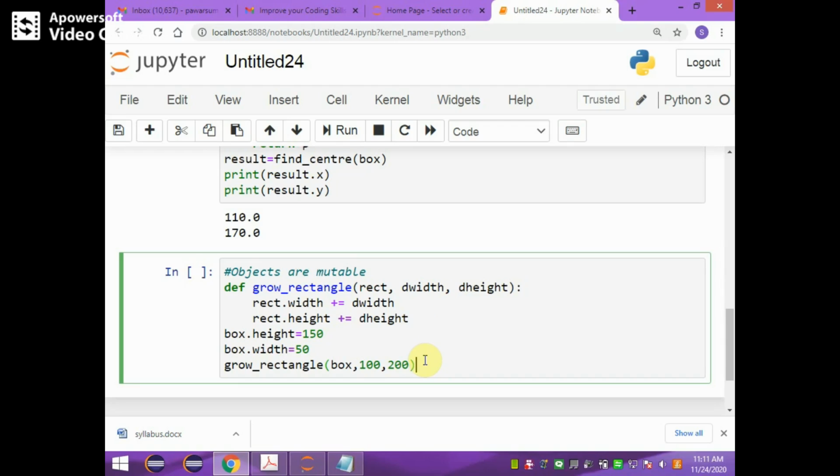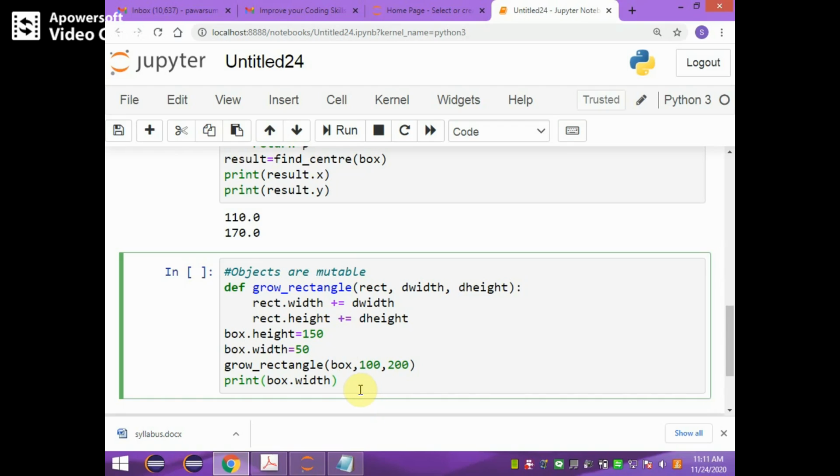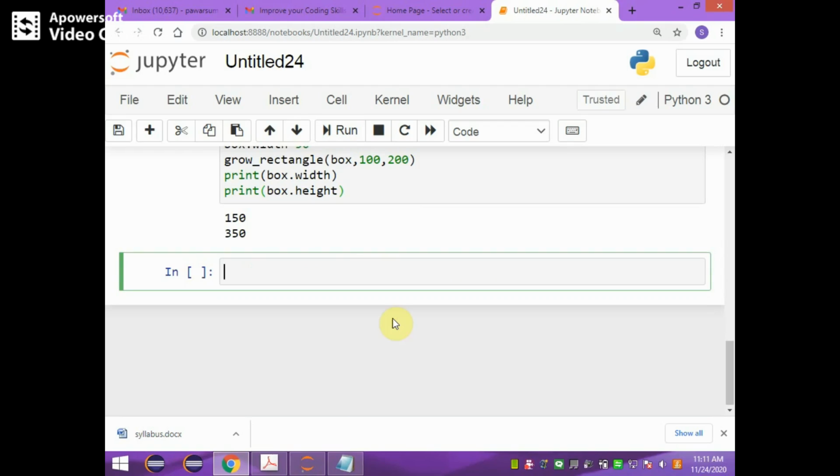And after calling, if you try to print box dot height and box dot width, and box dot height. And if you try to run this code, see,